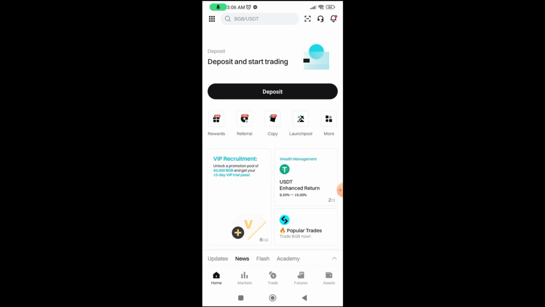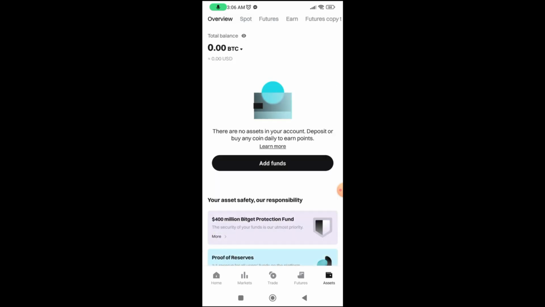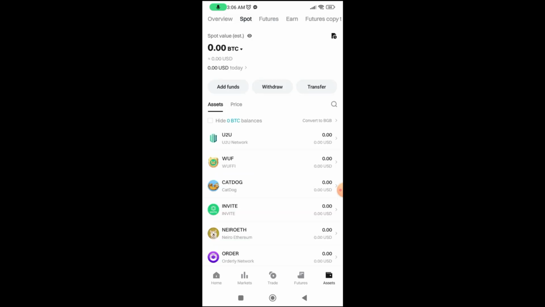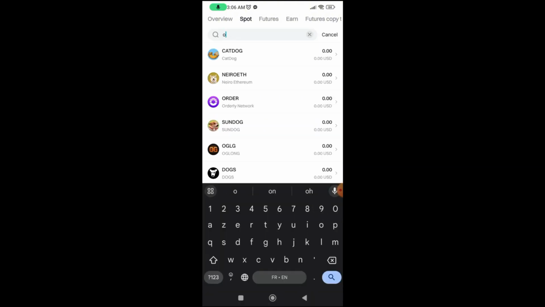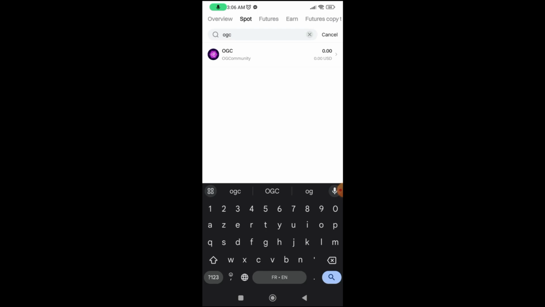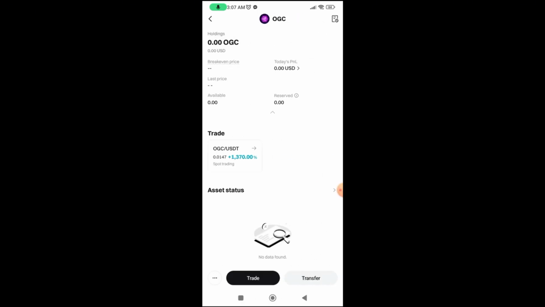Now, tap on Assets. And from the top part, tap on Spot. And now from here, tap on Search. And now search for OGC, as you can see. So finally, the OGC is listed on Bitget. Now tap on it. Now, as you can see, if you have a balance on it, now tap on